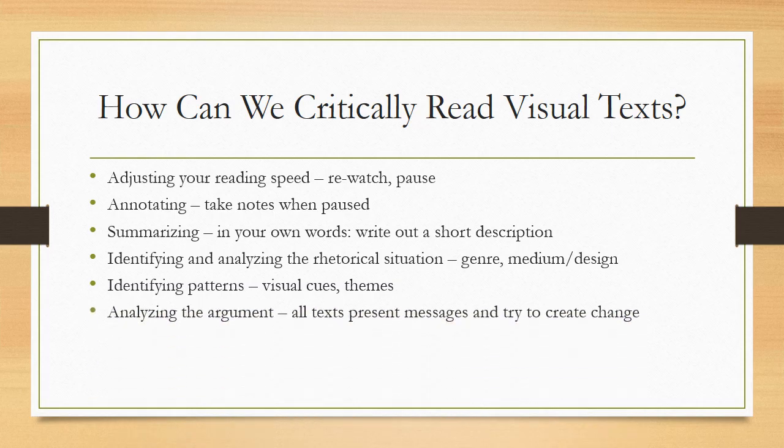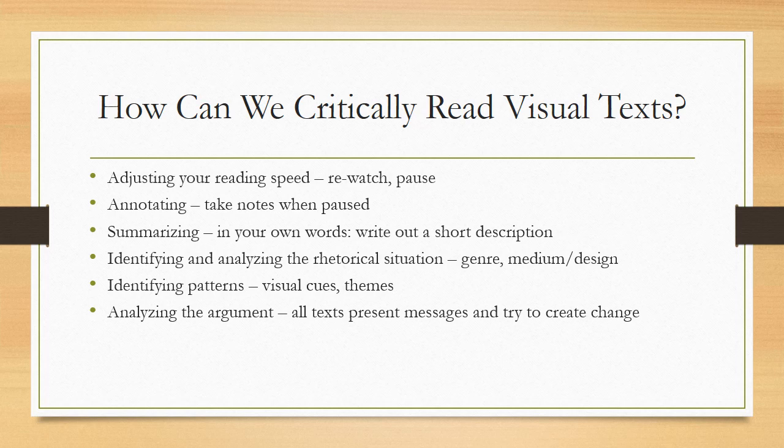Analyzing the argument. So all texts present images and try to create change. This doesn't change as much as you think it would when going from written to visual media. Obviously, if someone writes an article and publishes it in the Atlantic or the New Yorker or somewhere, they've got a pretty clear goal. They're clearly making an argument. A text like Captain America Civil War that seems like it's produced and created primarily for entertainment value, the message or the argument might not be as clear, but rest assured there is one there,